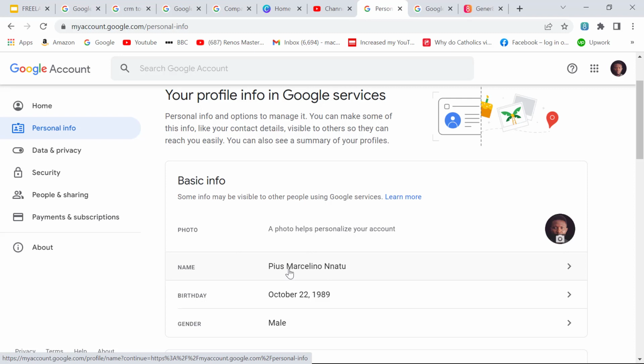Do not use nicknames. Do not use names that people know you by. Rather, use your legal name. Don't use nicknames or things that people call you, just your friends call you. Just use your legal name so that it would help you, because most of the time when you will